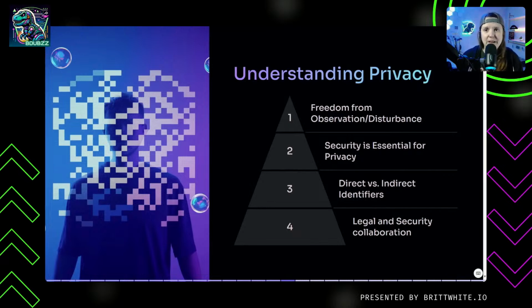You should keep in mind that depending on location, your personal data may be referred to in different ways, and the definition may vary. Personal data is any data that can be used on its own or in combination to identify an individual. Direct identifiers are items like name, address, biometric data, and your government ID. Indirect identifiers include information that alone can't identify an individual, but they could be combined with other information to do so, such as gender, birthday, race, religion, employment information, medical information, and so much more. Again, it's very important to communicate with the legal team to be clear about what constitutes personal data and what